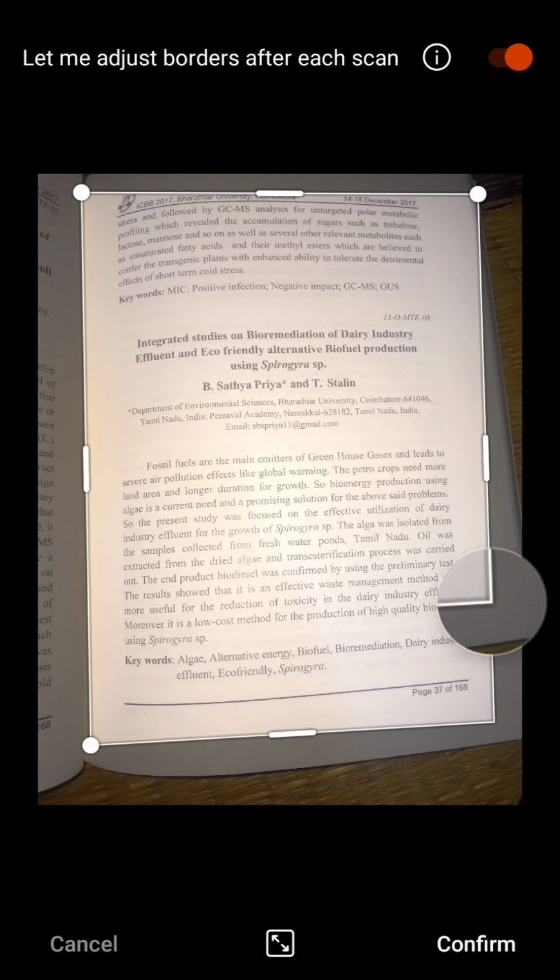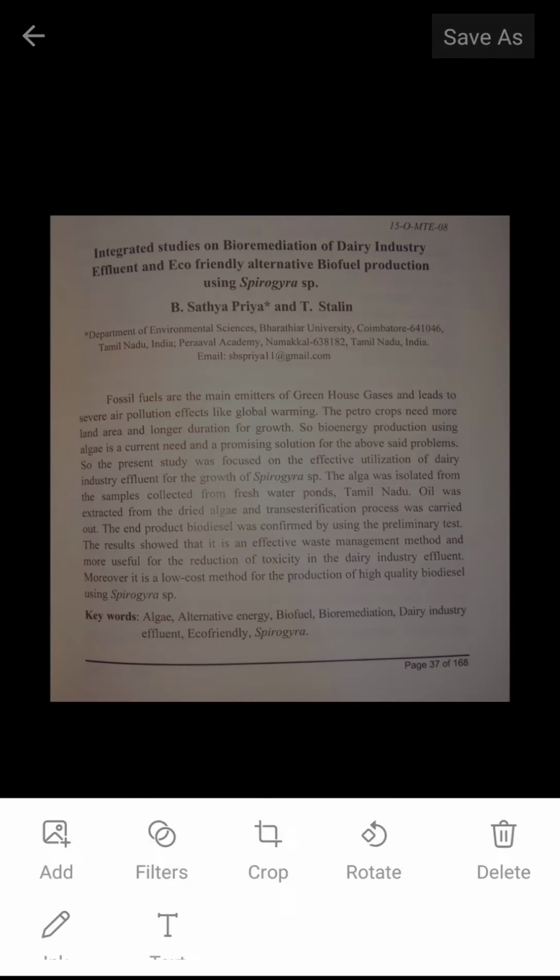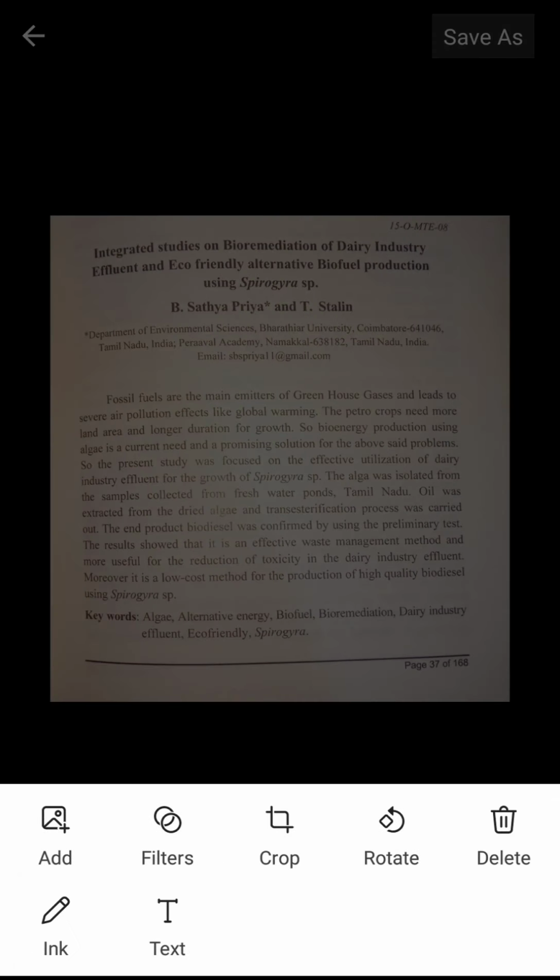So by adjusting the margins of the page, okay, I just confirm this one. So the PDF is done. In this way we can do rotations, crop, and other filters, and also we can write on it like that.